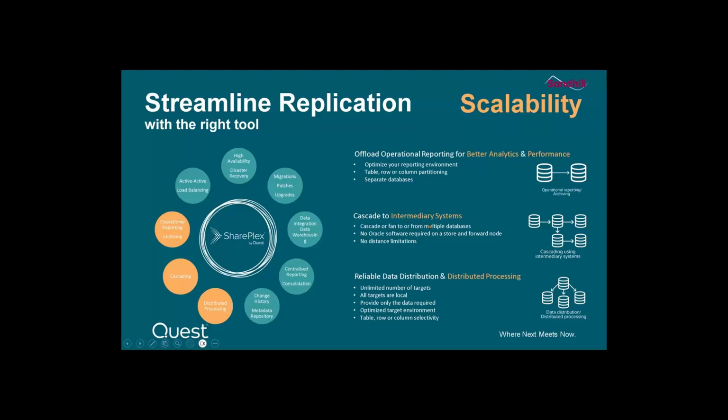Second is the intermediary one. The intermediary system is based on a requirement that banks normally have, where they have different branches or a segregation of their systems, and they want to have a filter of data, like filtering. If I elaborate a little more on that, cascading means